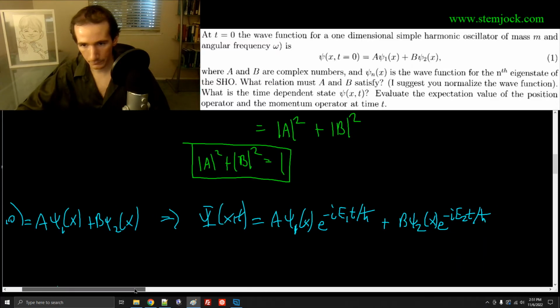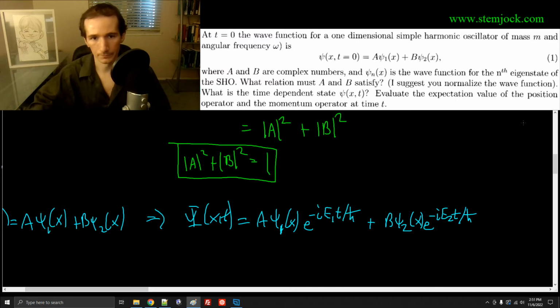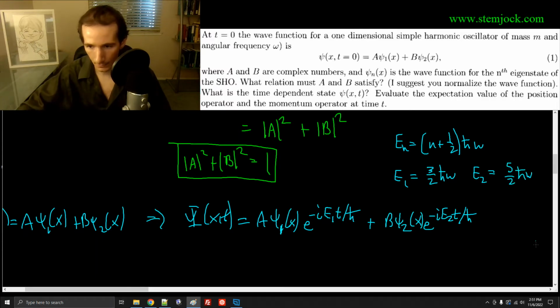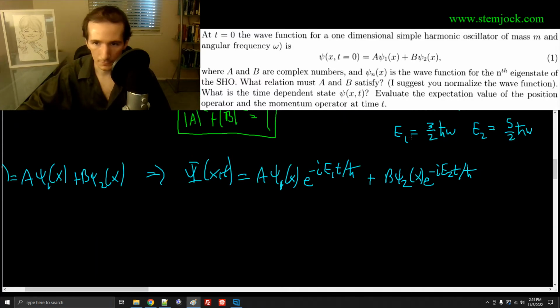Now, for a harmonic oscillator, the energy of the nth eigenstate, E_n, is (n + 1/2) h bar omega. If I plug in n equals 1, that gives me E_1 = 3/2 h bar omega, and if I plug in n equals 2, I get E_2 = 5/2 h bar omega. Now, these energies both have h bar, so you see that we divide, the h bars will cancel out. So what we're left with